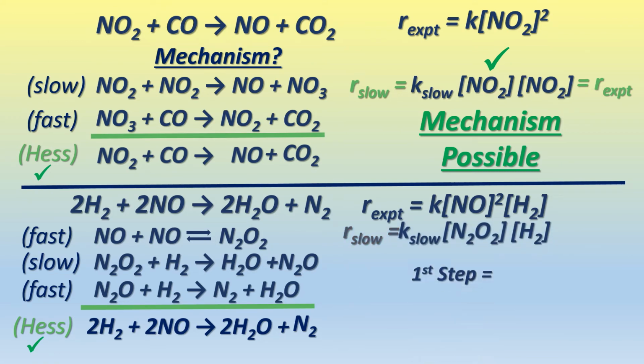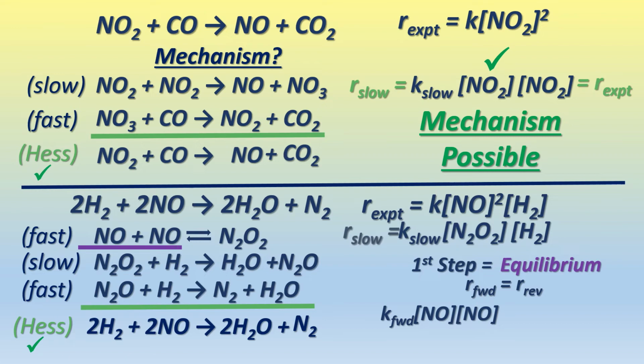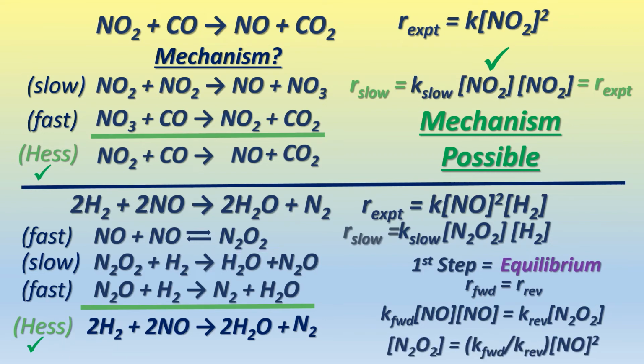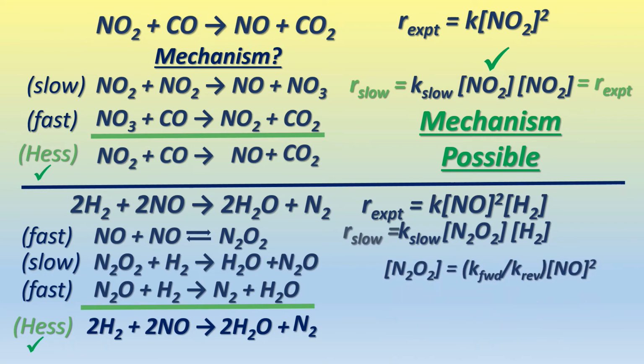How you substitute for it is by realizing the first step is an equilibrium step. By definition, that means the rate going forward is equal to the rate going backwards, or K forward times NO squared is equal to K reverse times N2O2. The concentration of the intermediate is the ratio of two constants times NO squared. I can substitute that into the slow step,